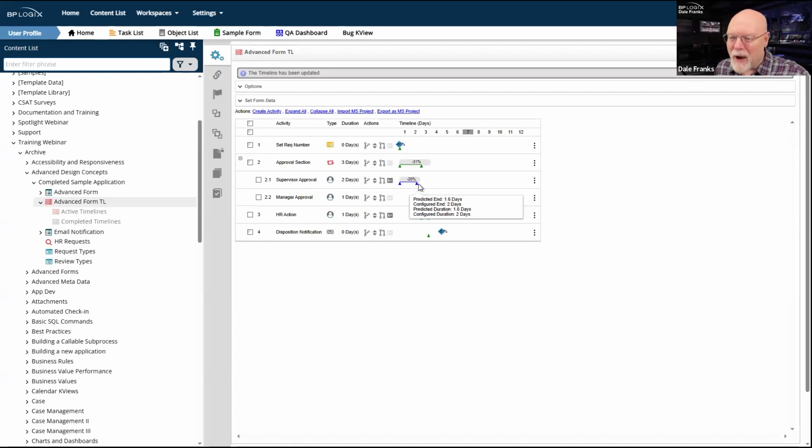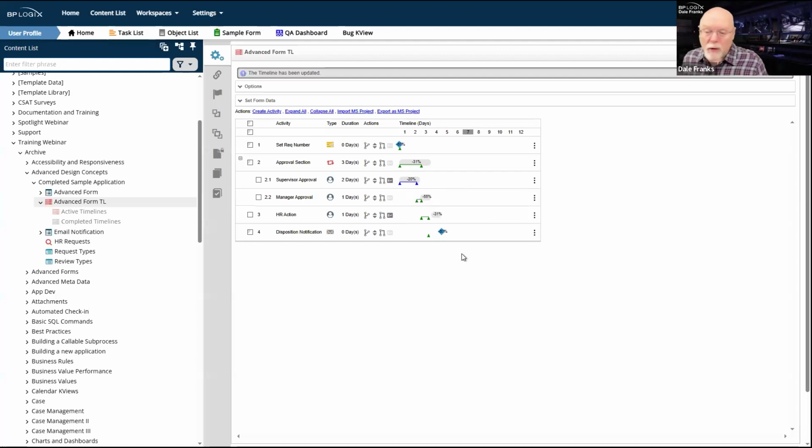And having updated my process timeline, I can now look and see that because I have updated it, my red band has turned to a blue band. I'm still doing it a little faster than I expected. I'm still 20% faster, but that's in the ballpark of where I need to be for this task. And so my red has now turned to blue.